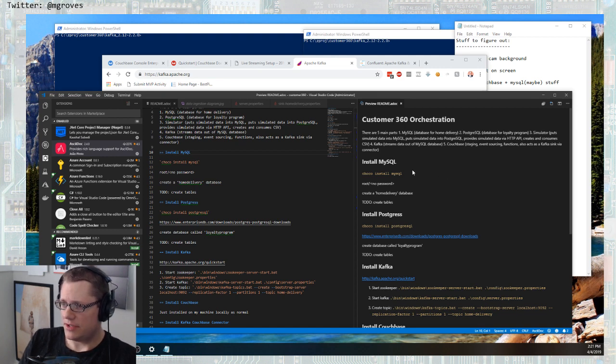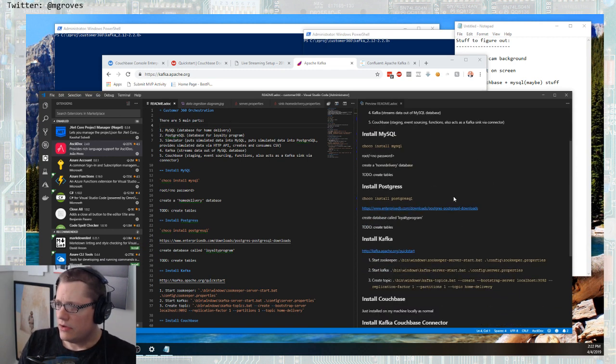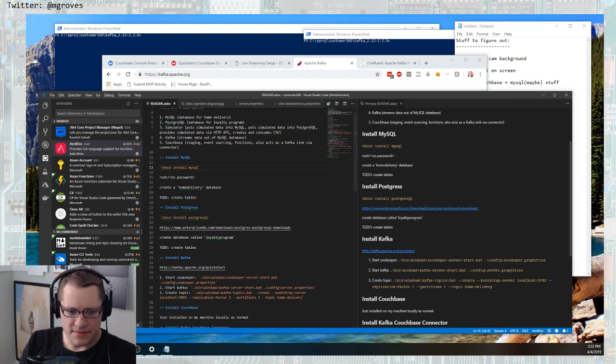This plugin actually renders a preview of it over here with the ASCIIDoctor command line. That should be a list there. Put a space in there. So the first part is to install MySQL. I've already done that. So let me bring up my